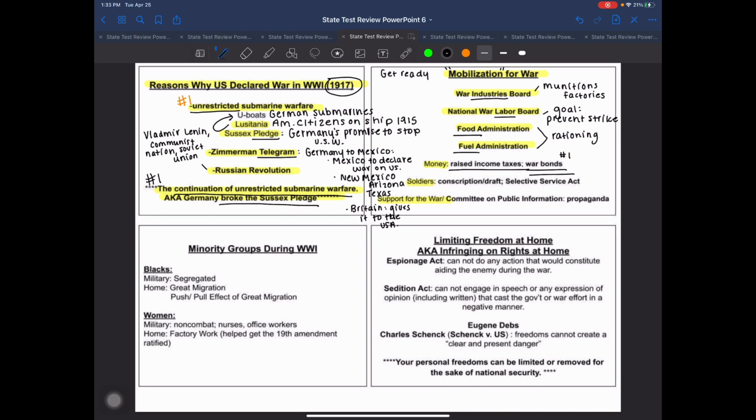And you're given some form of certificate talking about how much you gave in this war bond. And the reason that this is a motivation, because to be honest with you, I don't care how patriotic you are, we don't have people just throwing money at the government. Like, hey, here's some money, use it to make our country better, use it to make our country successful. That just doesn't happen. So there has to be a motivation. So the way a bond works is whatever money you gave to the government, later on you can go and cash in that bond. You can get your money back, and it has accrued interest over time.